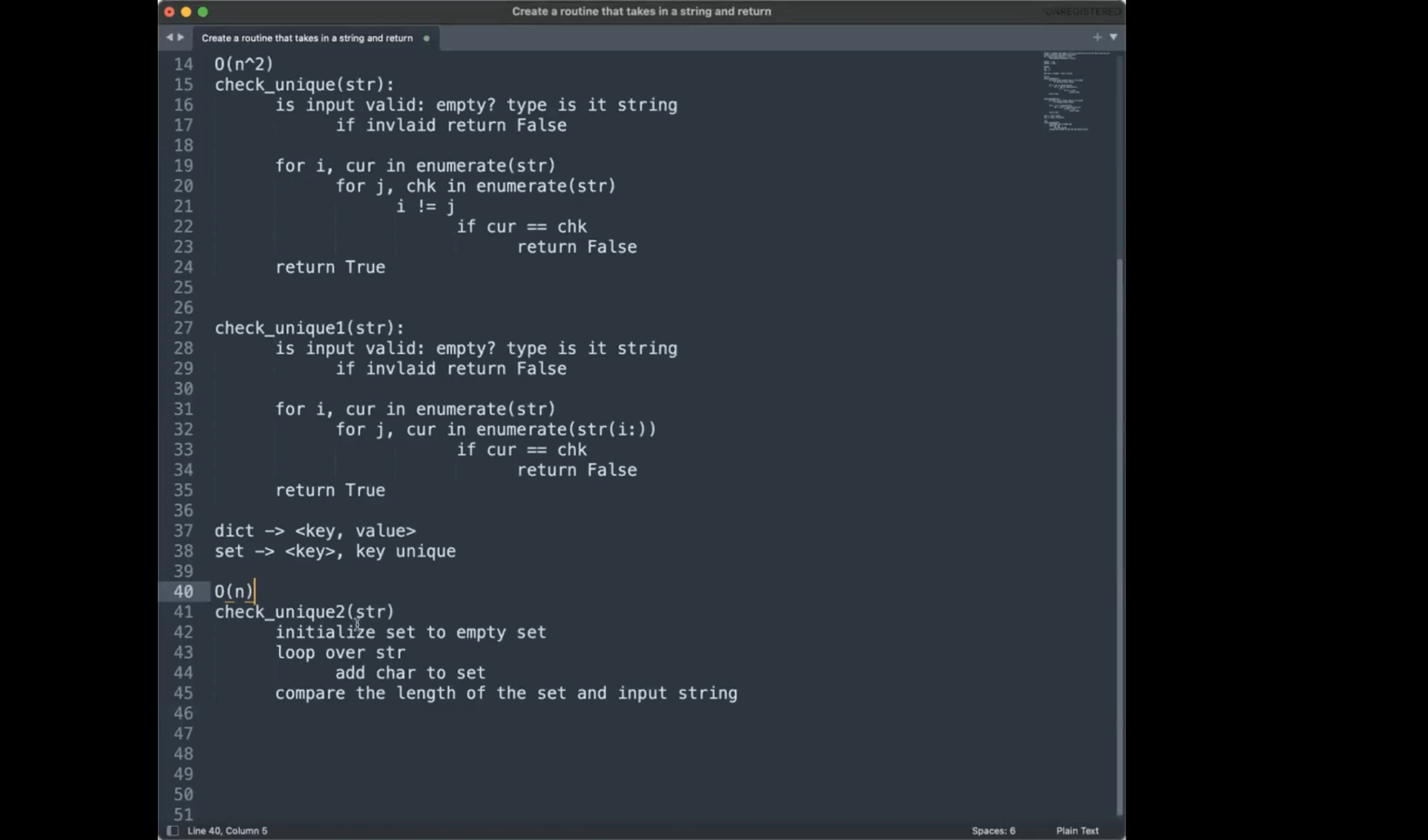And the only thing I would say for this would be that in theory, you don't even have to loop over the whole string. Before adding the character to the set, you can first check if the character is in the set, then you could return false. That'd be the only thing. And instead of having to do this comparison,